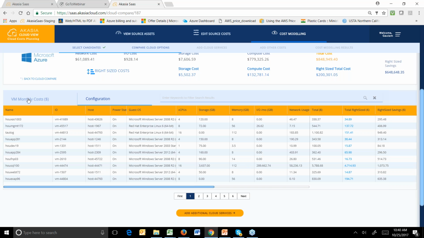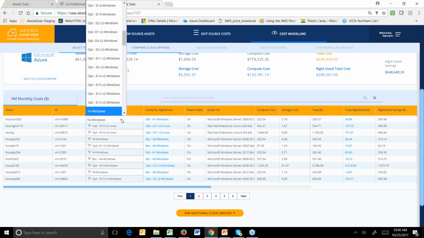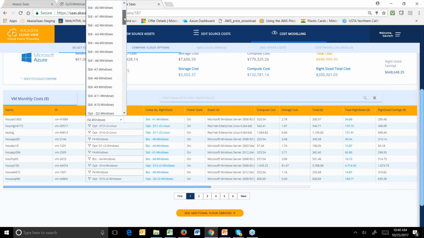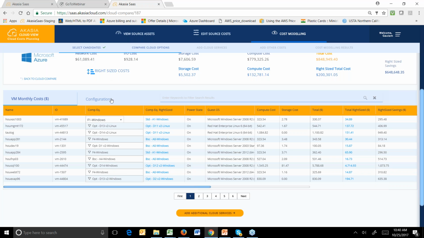All right. Here's another important aspect. This is what's configured. Based on what's configured, this is what we recommend. But you could say, hey, Gautam, that's all very fine. But you know what? I hear your recommendation, but I am interested in actually going to an F1 Windows. I'm still going to override that with something else. So when that happens, you see that the number has changed from $300 something to $81.